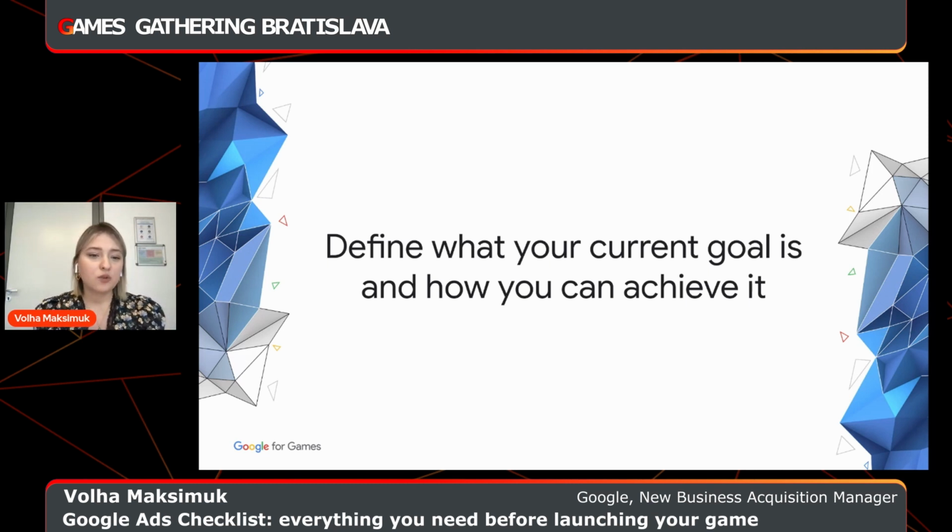And there are two typical ways of deciding on this, where one is understanding your current marketing goal and deciding on campaign based on this, and the other one understanding your business model and deciding based on that. Quite often, both of these things are being taken in mind, but we will be talking about both of them in two ways. So we will start with defining the current goal and potential to achieve it.